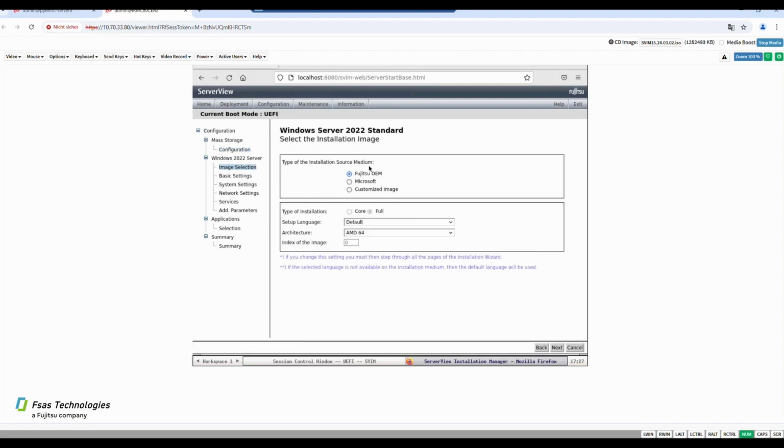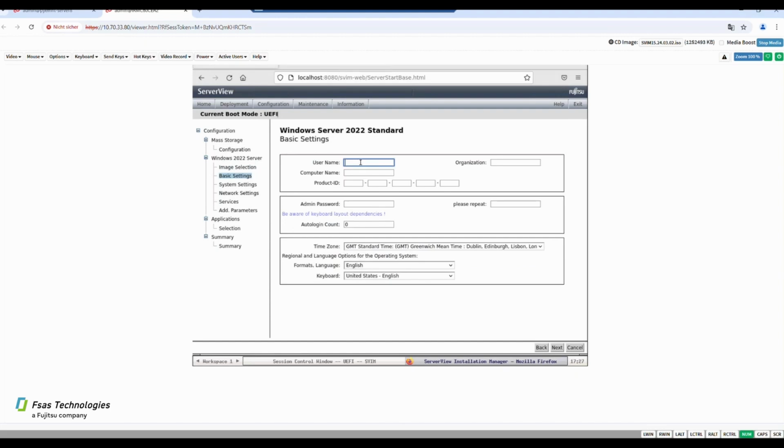Choose the type of installation media and click Next. Please select username, company, computer name, product key if applicable, password, time zone, keyboard and language. Click Next.